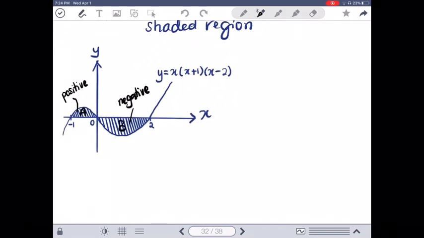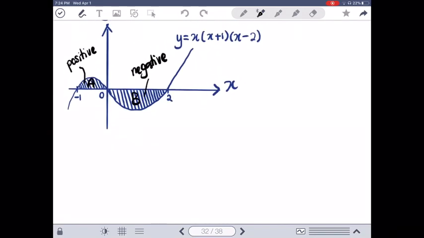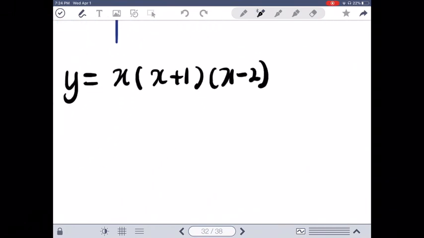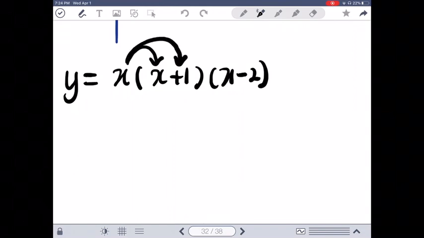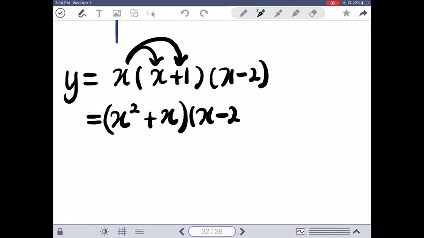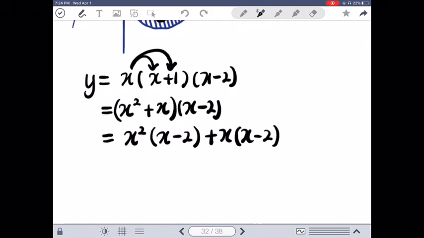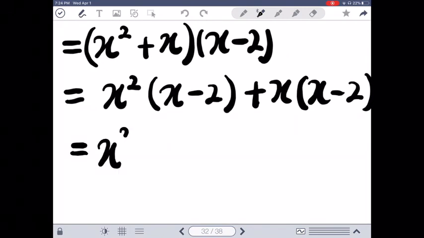Which means that before we start our integration process, let us first expand the equation y equals (x + 1)(x - 2), expand as usual. So what you need to do is first multiply that, so it becomes (x squared + x) multiplied with (x - 2), then x squared times (x - 2) plus x times (x - 2),